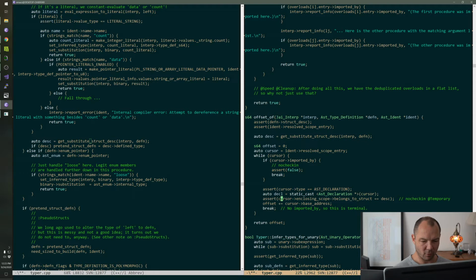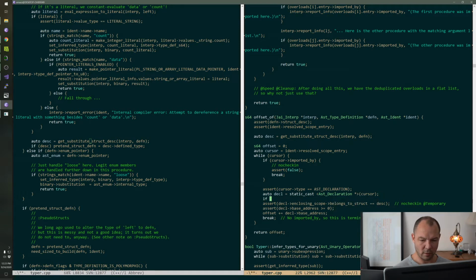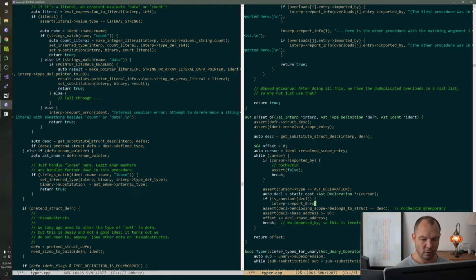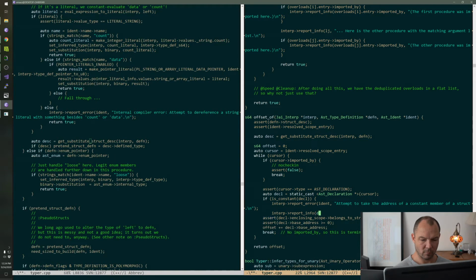I'm a little sad about this scope entry thing that I did. Okay, oh. If is constant decl, ident, attempt to take the address of a constant member of a struct, to record info decl.